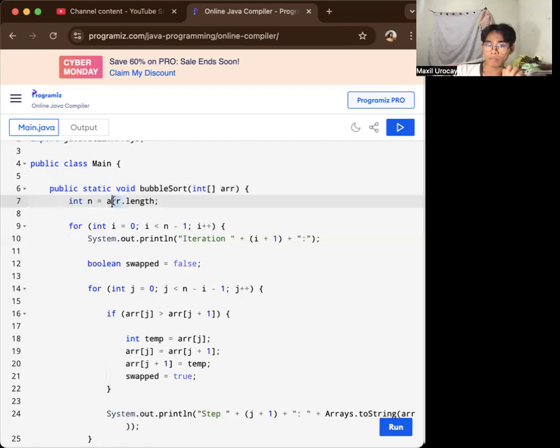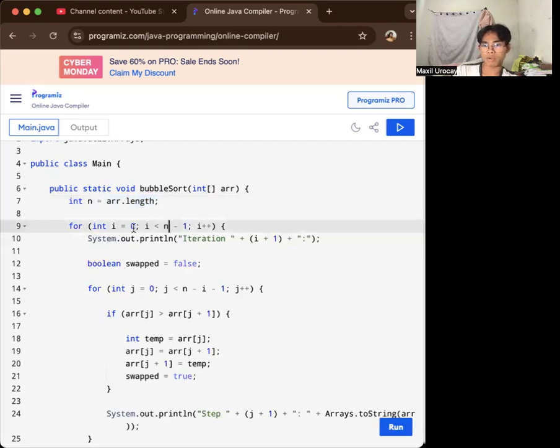This is used to determine the number of elements in the array. So if you ask how many elements are in the array, that is the thing that will identify it and be stored in n.